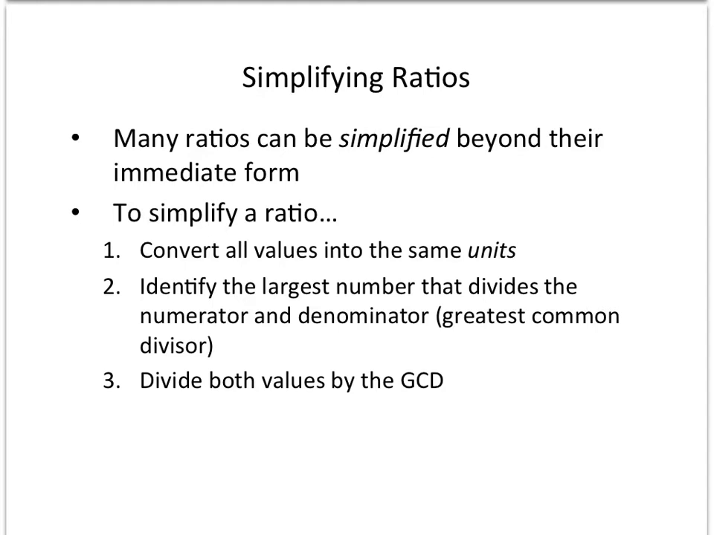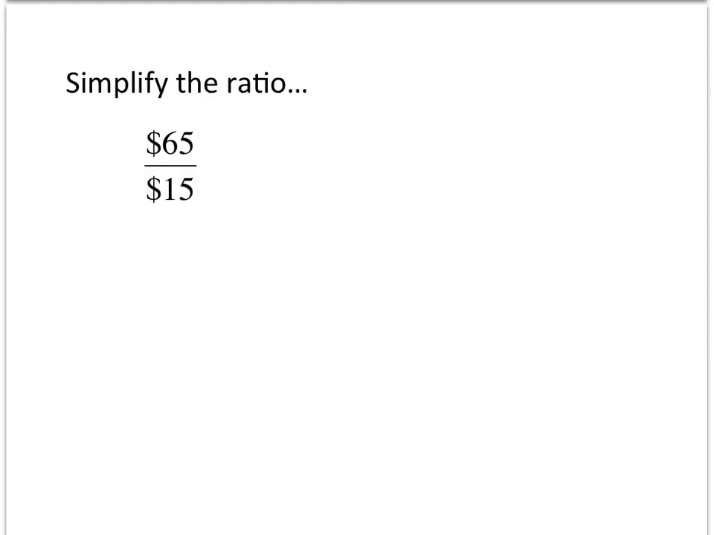Second, we then want to identify our largest number that divides both the numerator and the denominator once the units are the same. And remember that this largest term is called the greatest common divisor. And then we're going to simply divide both sides by this greatest common divisor, or in other words, the greatest common factor. So here we see a ratio of $65 to $15, or in other words, 65 divided by 15,